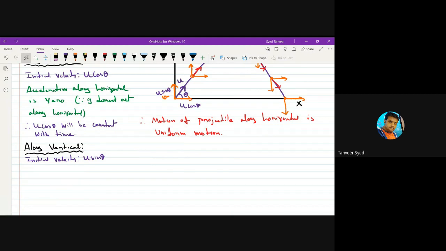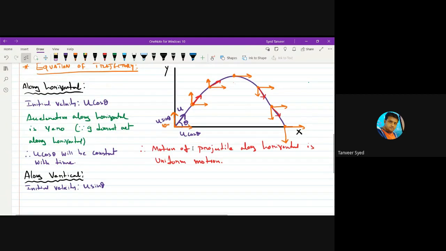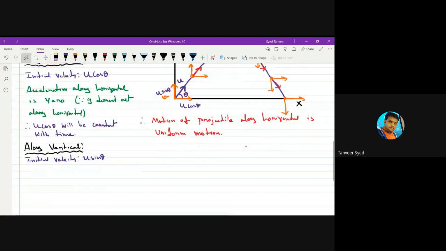Or I'll take y, because we are taking x and y axes. Before that I'll write here u sine theta